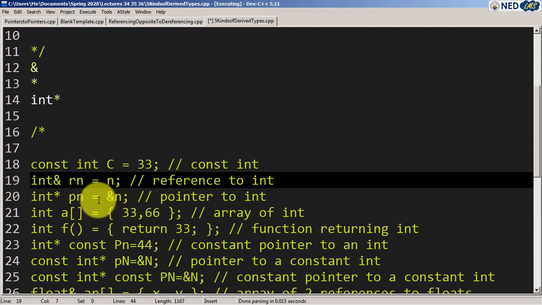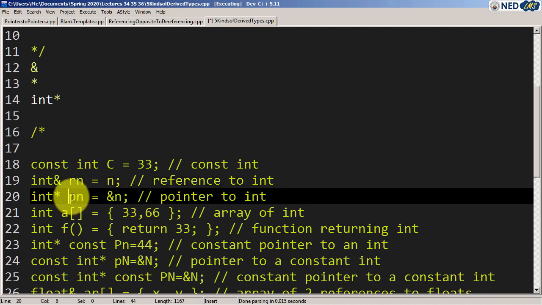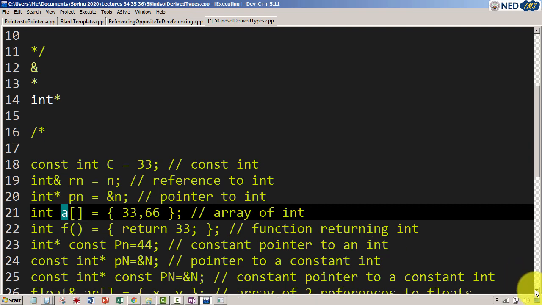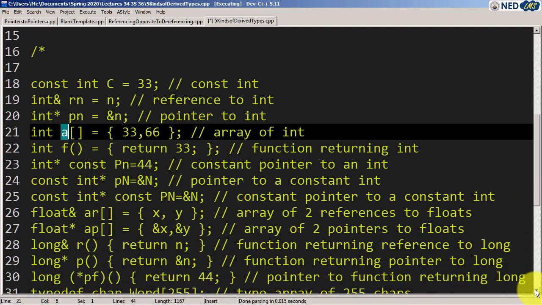Integer star pn, so that means we are talking about a pointer to an integer. The name of that pointer is pn, and it is storing the address of n. So n has to be obviously declared earlier, and that's it. And integer a with the square brackets, so we are talking about an array of integers, and this we will see later, since I am running out of time, because the time allocated for these 3 labs is 50 minutes only, so I'm just going to finish it up with this last topic, and the array topic will continue in lectures